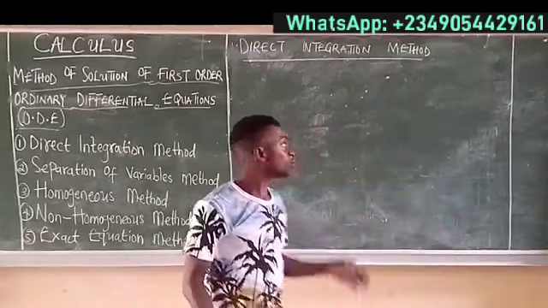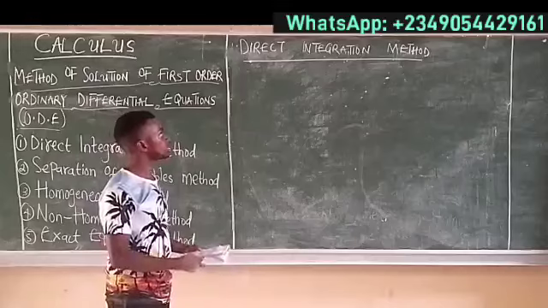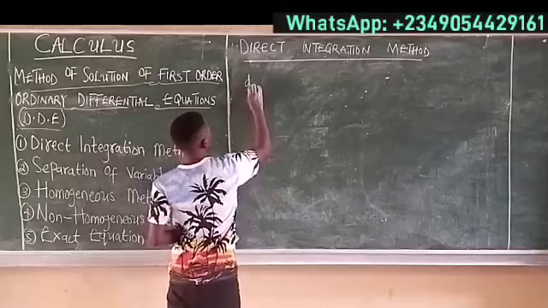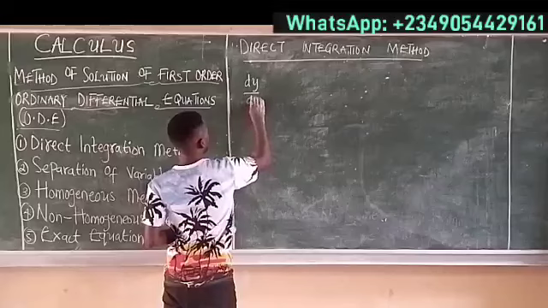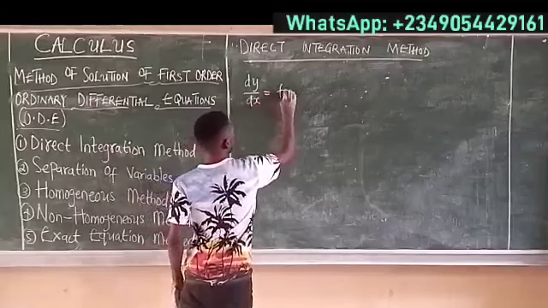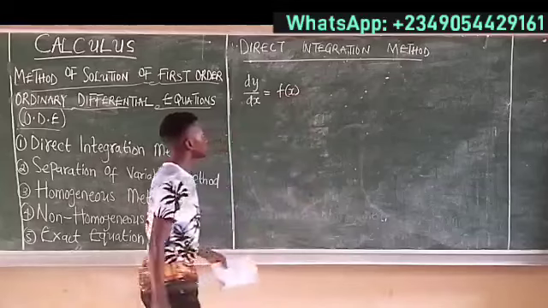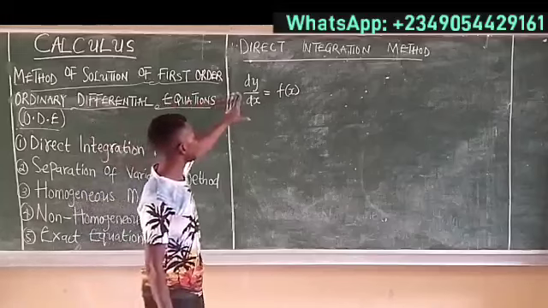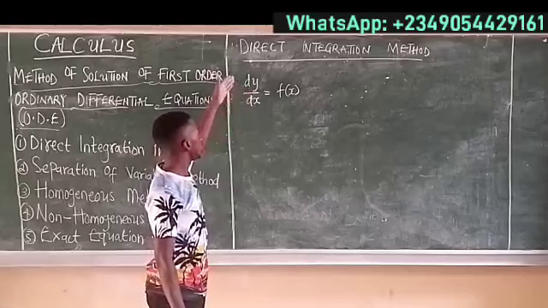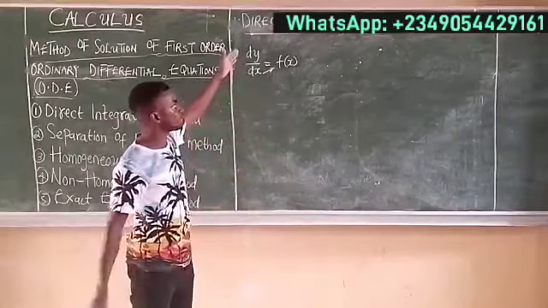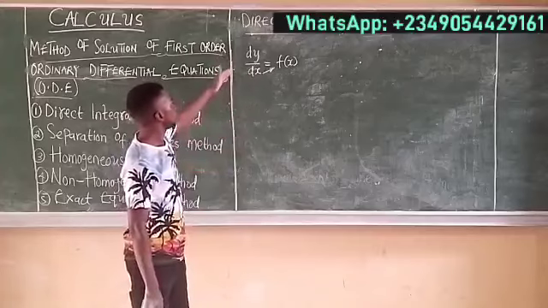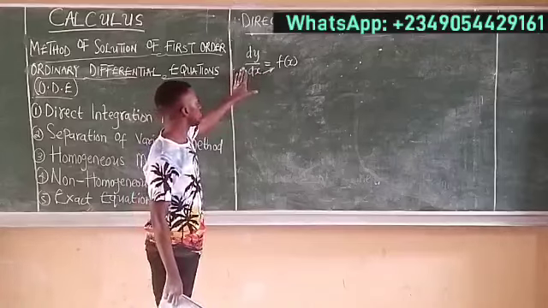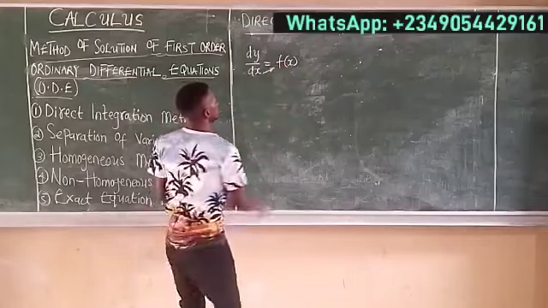For the direct integration method, let's say given a differentiation of this form, dy over dx equal to f of x. For us to be able to solve this differential equation, we have to separate the dy and the dx. We have to move the dx to this other part. Therefore, the equation will be